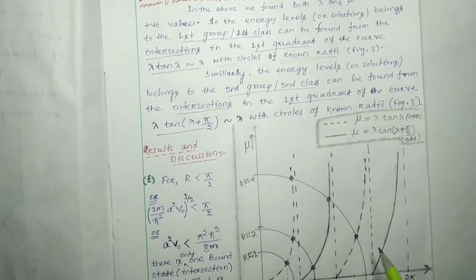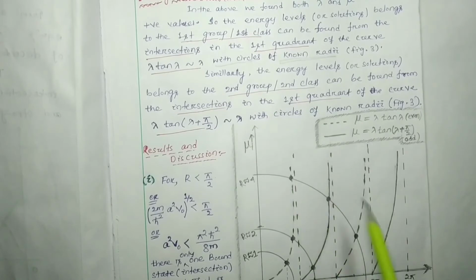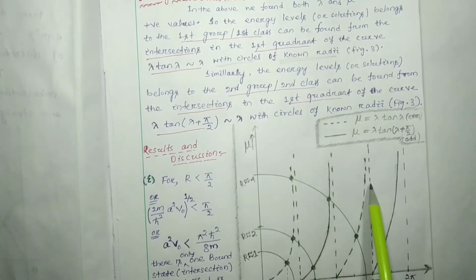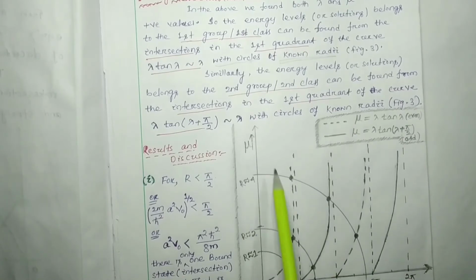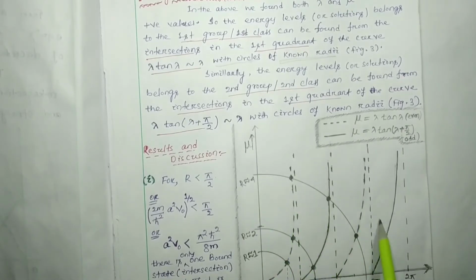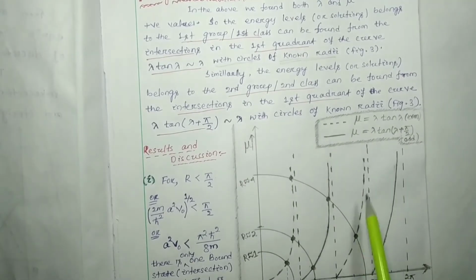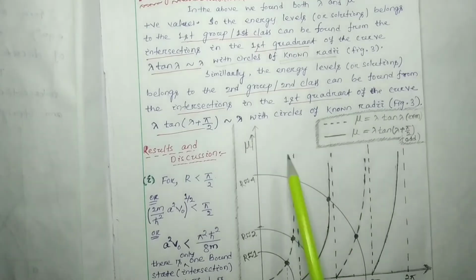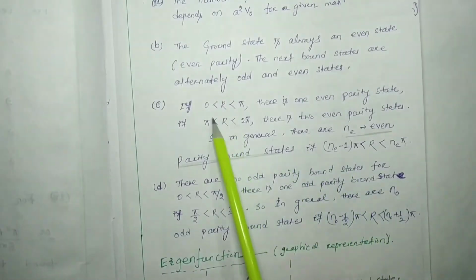you can get two even parity states. See, this is one even parity, this is another even parity. Pi to 2 pi means whatever the radius, this will be the radius, suppose in between 2 pi, you just imagine this one, maximum this will be the radius, you can get one even parity, another even parity. Okay, similarly by considering this